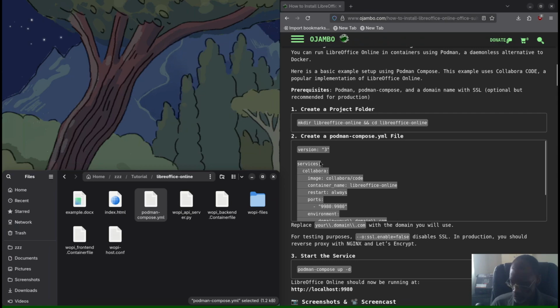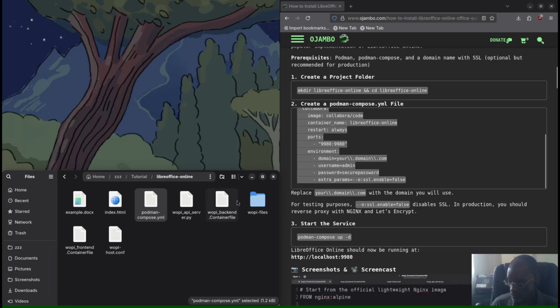So basically, in our Podman YAML file, our Compose YAML file, you can see it here. If you copy this code, don't just copy and paste it. Replace some of this. For example, here it says yourdomain.com, and you replace it with your domain. Because I'm on localhost, I'm going to put a localhost domain or IP address. And for testing purposes, because I can't have a valid SSL certificate on my local machine, I also added this extra parameter,